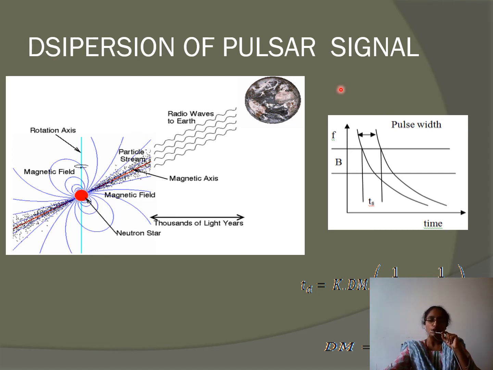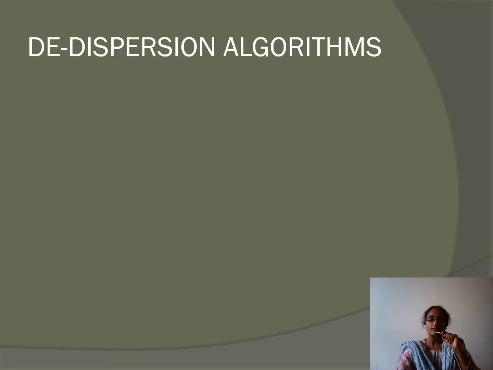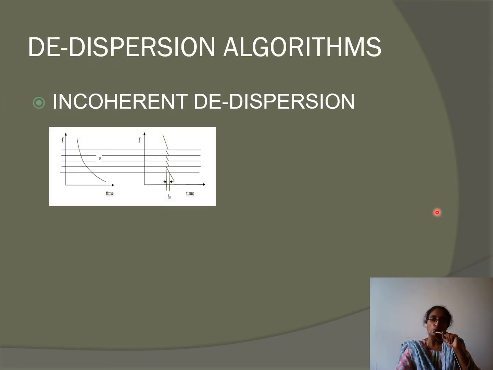So this is what I will be talking about now. As I told you, we have some band we have chosen, the frequency band. In that particular band is where the recording has happened. The lower frequencies have got the higher dispersion. Higher frequencies have experienced lower dispersion. Accordingly we have defined the dispersion measures. So here I have two types of dispersion. See, because of the dispersion, the low frequency signals will be received later, whereas higher frequency signals will be received early.